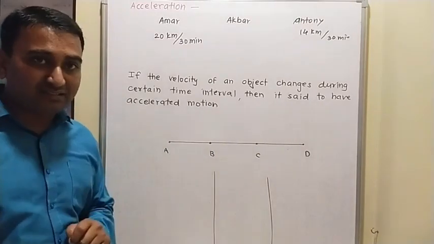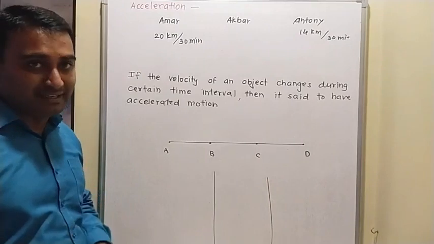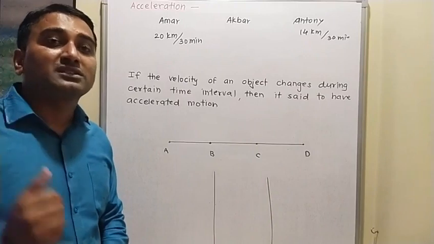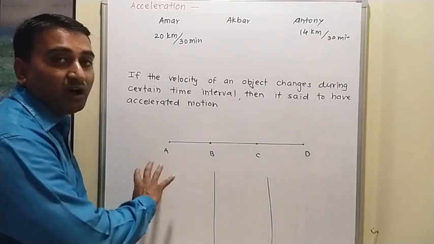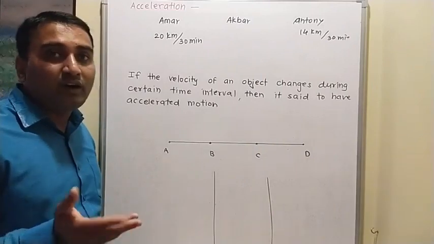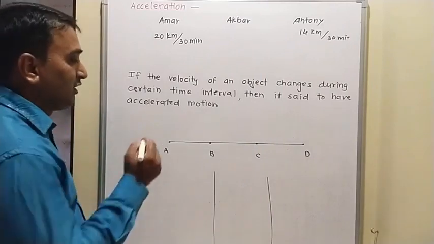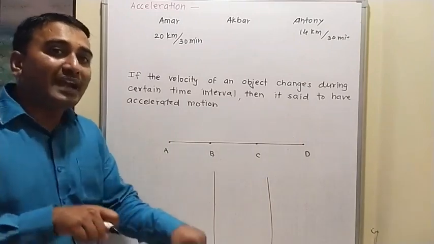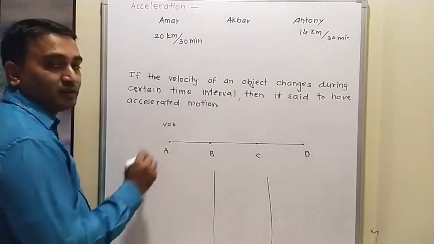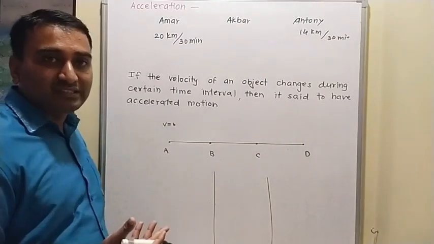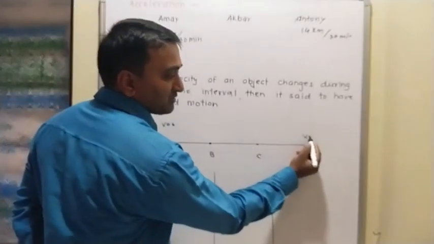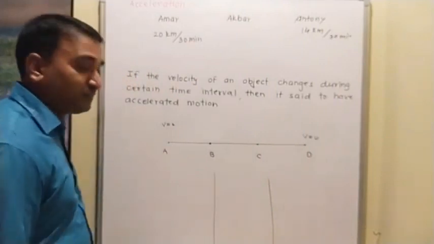Now one example we are discussing now: what kinds of accelerations are there. There are two types of acceleration that we are going to discuss in the next session. But here, how many accelerations are there? Acceleration may be positive, acceleration may be negative, or acceleration may be 0. See, you are cycling. At the rest position, velocity is 0, because you are not going to cover any distance. When we stop, here also velocity is 0.